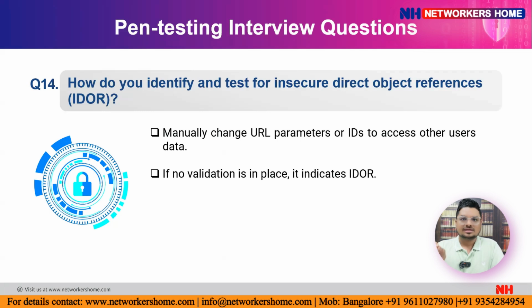Let's say page 1, instead of that try page 1000, page 1234, any value, and try to modify the ID or name. If it shows a different page which is maybe not a public page, something stored on the web server for admin or other normal use, not visible on the web page to the public user, but by typing that number manually something becomes visible, then again it's a kind of IDOR. So if there is no validation, it indicates an IDOR.